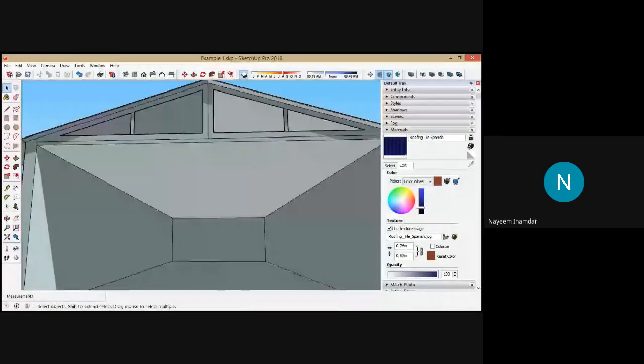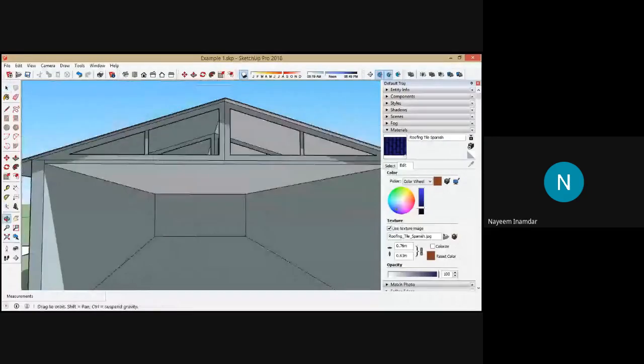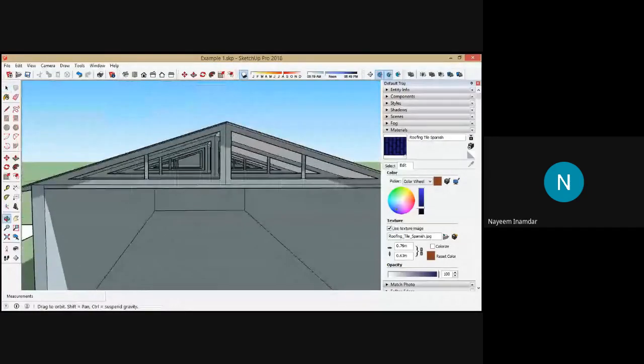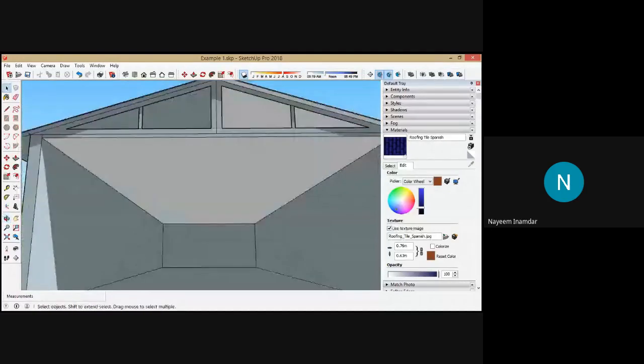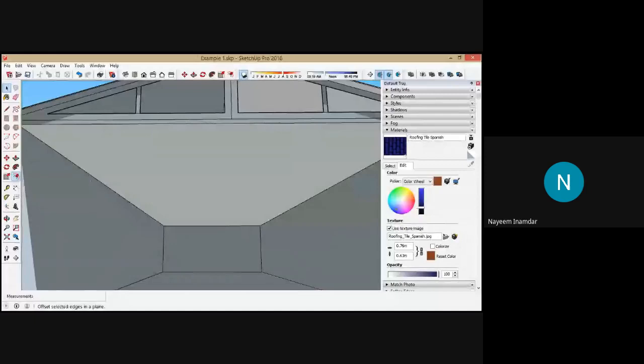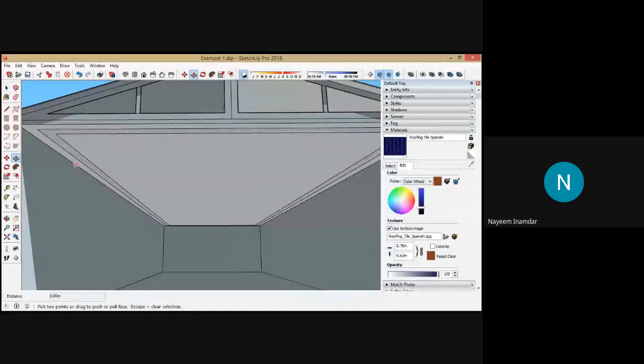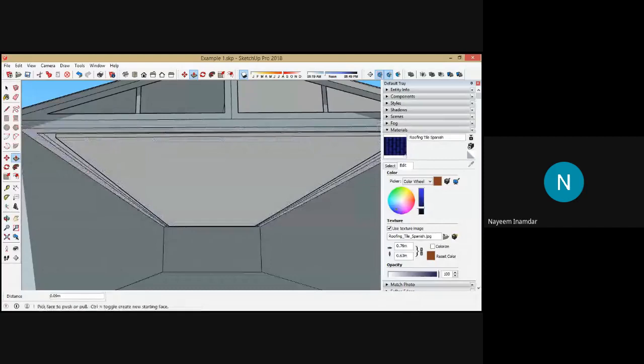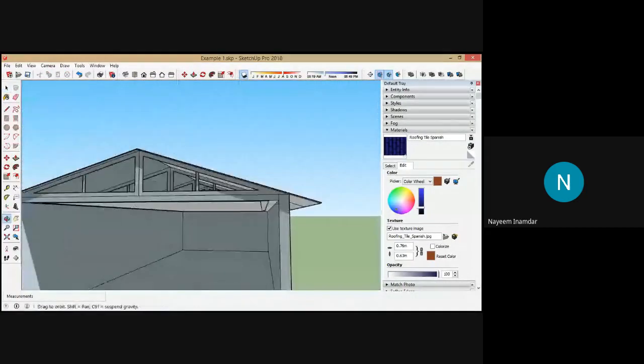Suppose if you want to give some alteration for this one, you can do it. Because now truss is not visible, truss is out upward, upside. Now what I'll do, I'll go to the offset command. So from border I'll take 0.3 meters. Suppose if you want to give some shapes and all, you can give it. Again, suppose 0.3 if I want to have, I can give. Go to push pull command. You just drag it down. So this is how you can make the false ceiling.